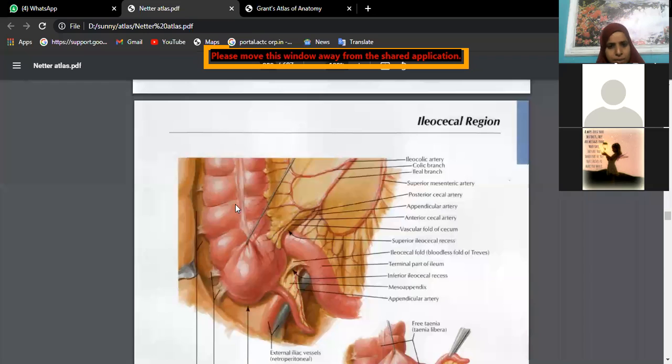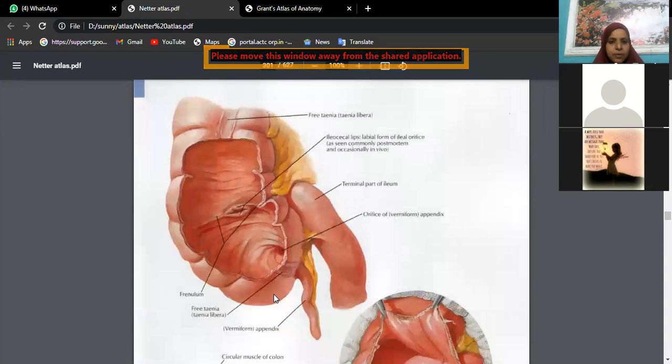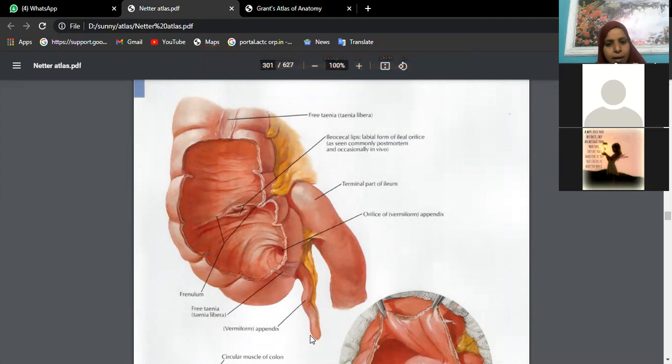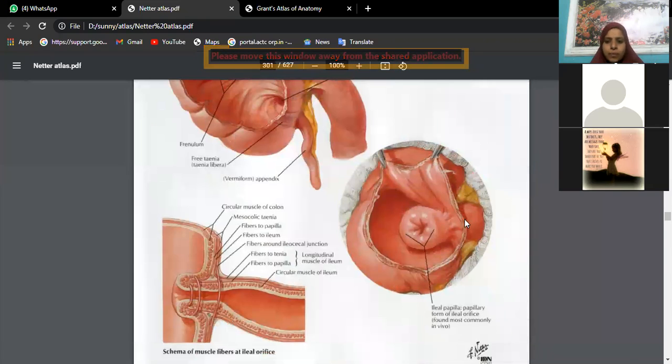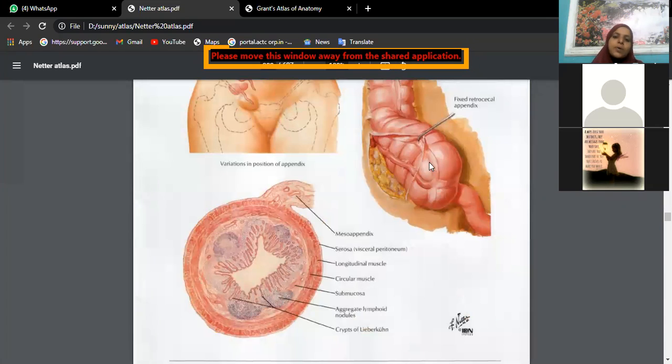Okay, so this is exclusively ascending colon. Starting point is cecum. This is appendix, and this is ileum. This is ileocecal junction. Then you can see these are the two frenula which are showing the opening of ileum. And this is the appendicular orifice. You can again see the ileal opening in the cecum. Here you have lifted the cecum to see the recess behind.